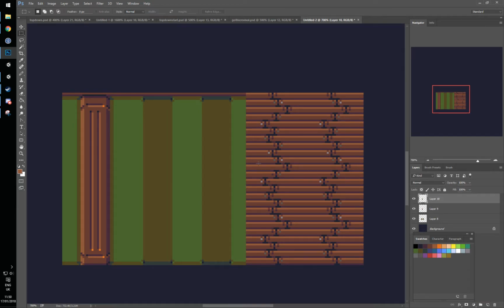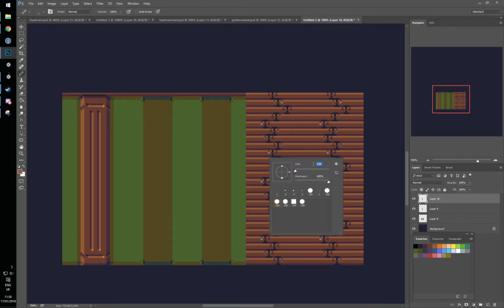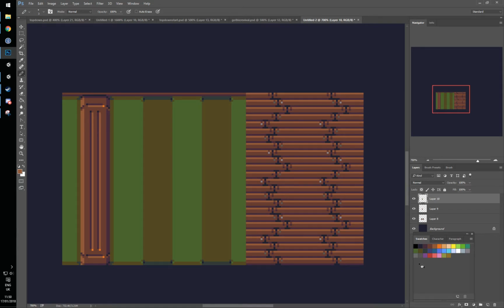So the way I'm going to simulate this is I'm going to take a brush, I think maybe size 3. I could do this with the erase tool, but as you can see that gives semi-transparent pixels, which is not what I want. So I can actually put a mask over this layer that I'm working with, make sure I have black selected, and then take my